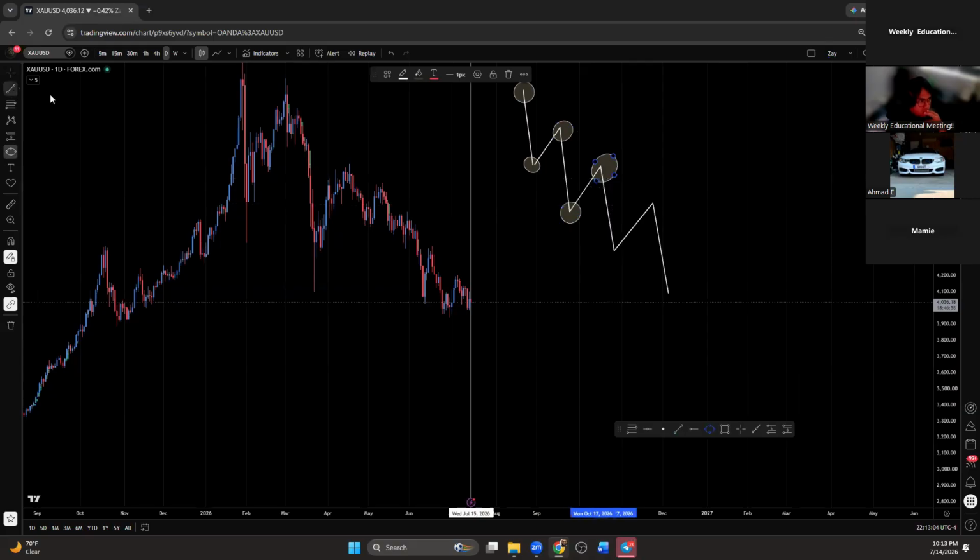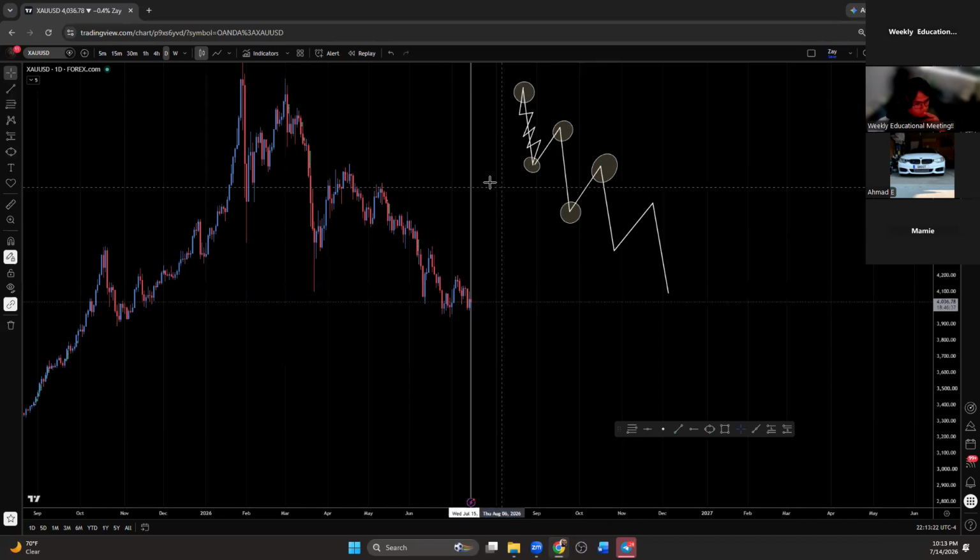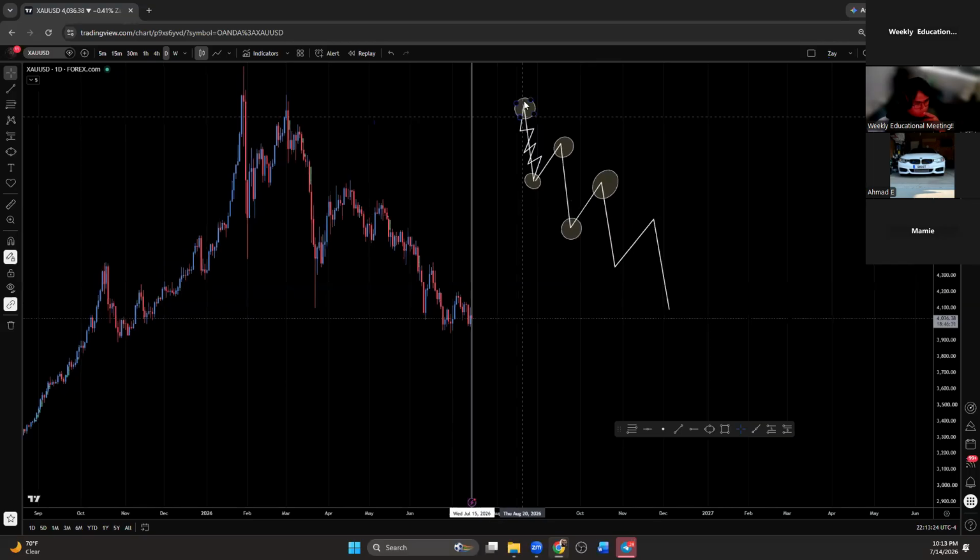Now I want you guys to also see that this is where a lot of people get confused. The chart doesn't look this clean, right? You get some messy price action where it kind of looks like this, and it gets very confusing to figure out, which high, which low do I pay attention to? Can everybody agree with me on that? Because right here we have a full high and a full low. Right here we have a full high and a full low. But looking at all of this can be very confusing, right?